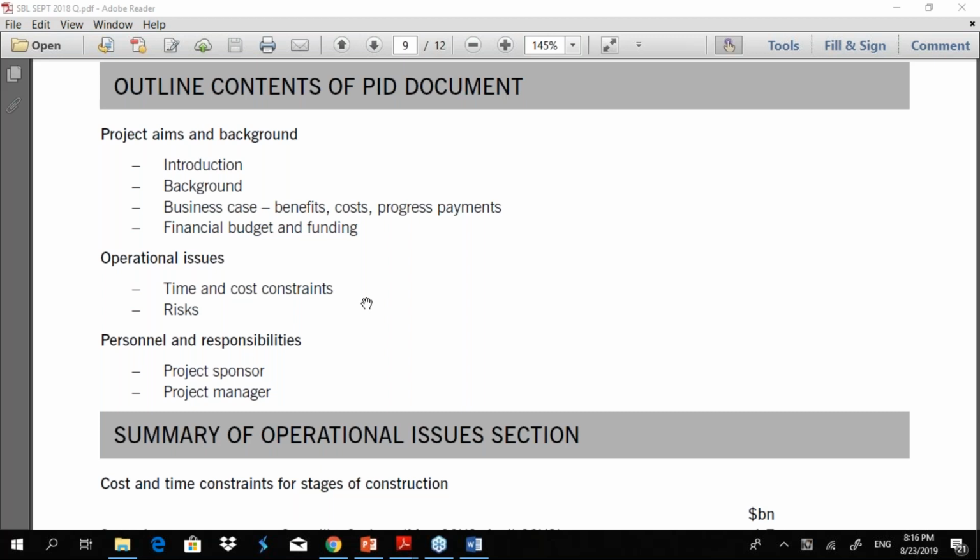So that particular team will evaluate what kind of risks the company, the project will face. Therefore, what are the mitigation strategies or elimination strategies in place, and so on.